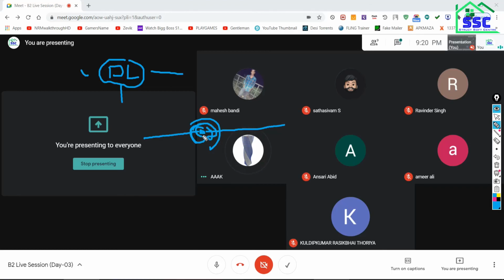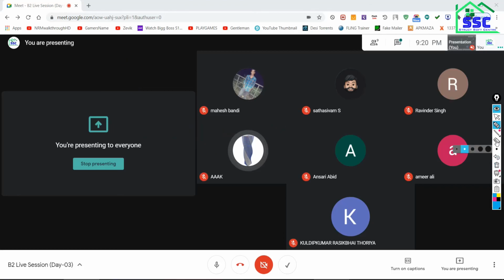So we need to make some arrangement so that these joints are free from moment. Got it? So the term that comes here is releases. We have to release the moment from that joint.